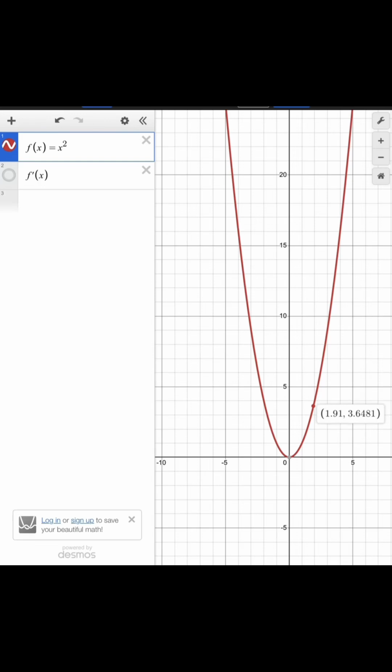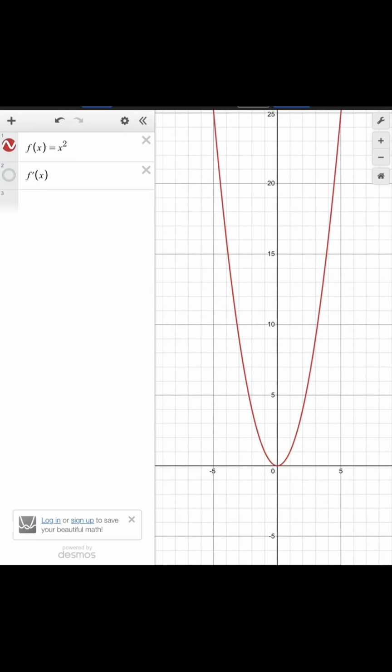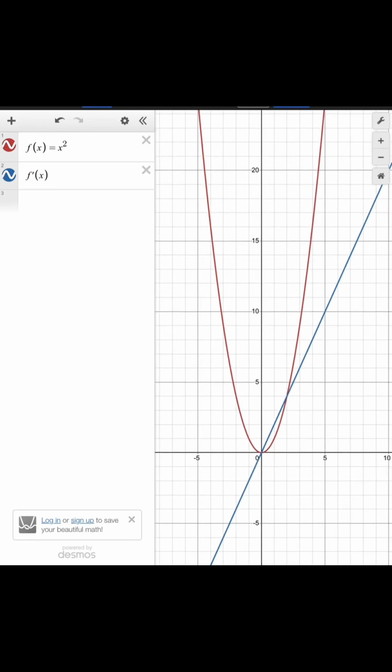So we can find what the gradient is at a specific point if we graph the derivative. So f dashed x over here, this blue line represents the graph of the derivative. So this red line here, if we look at this point here, we've got x is equal to negative 2.2 and y is about 5. And then we go down to